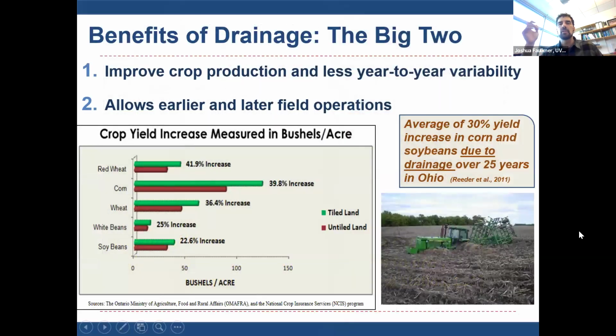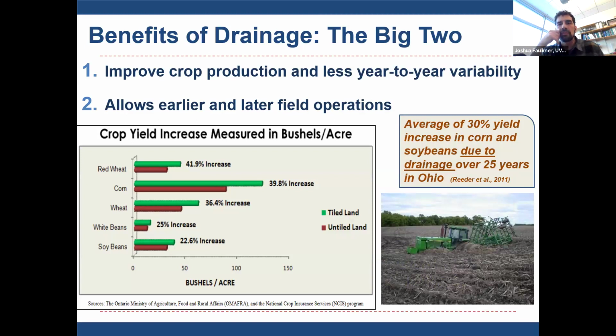All right, benefits of drainage. Lots of work done in other parts of the country. The big two benefits are really that it improves crop production and gets you off the roller coaster of wet years and dry years. It helps level out yields and just gets water out of the root zone and helps crops be healthy and productive. And then the other one, the kind of unsung benefit,